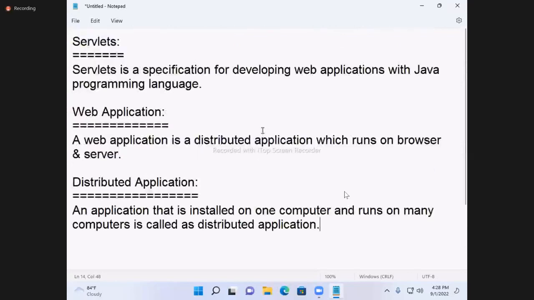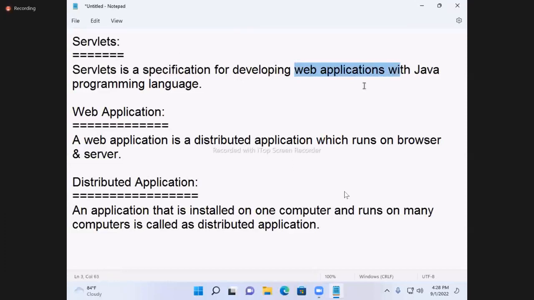That type of application you can build with servlets. Actually, Java was made for this type of application only. It is the first specification in Java for developing internet applications. Java came in 1995 and exists in the market to develop internet applications. Java was especially made for this.